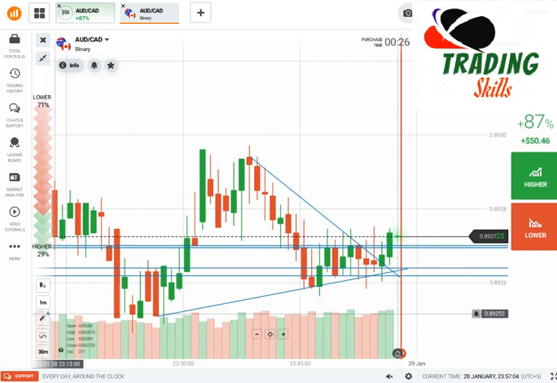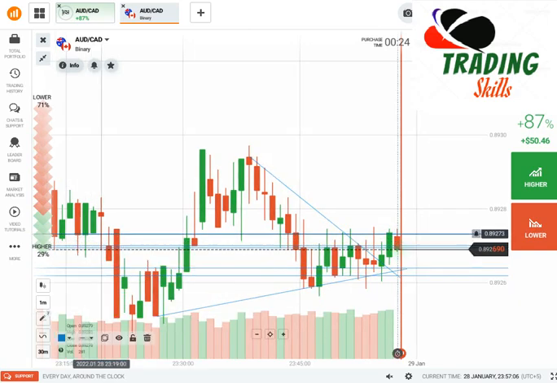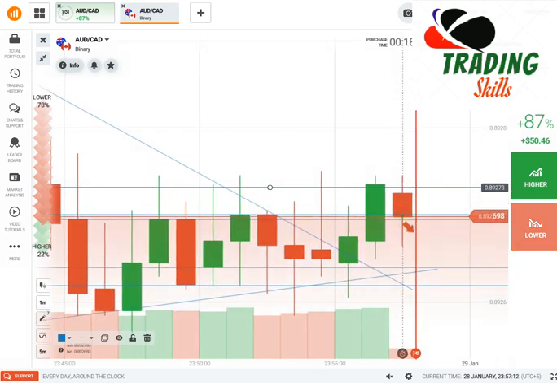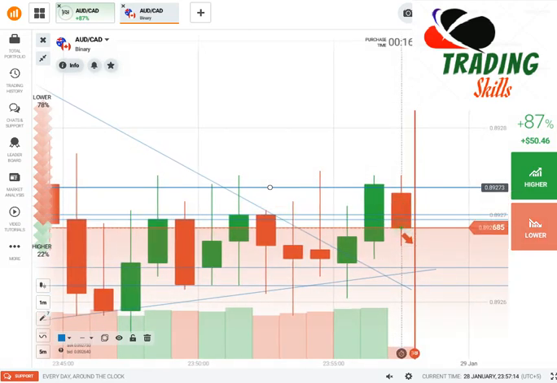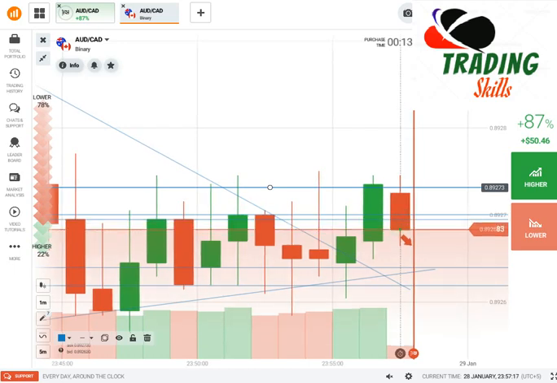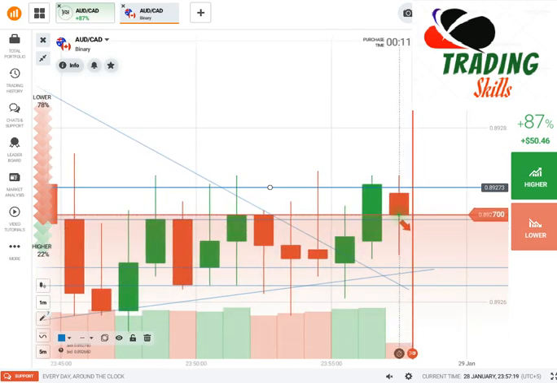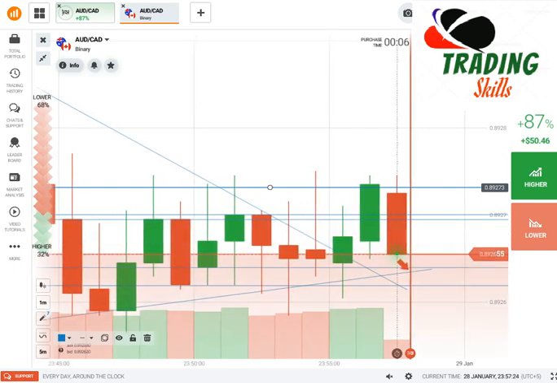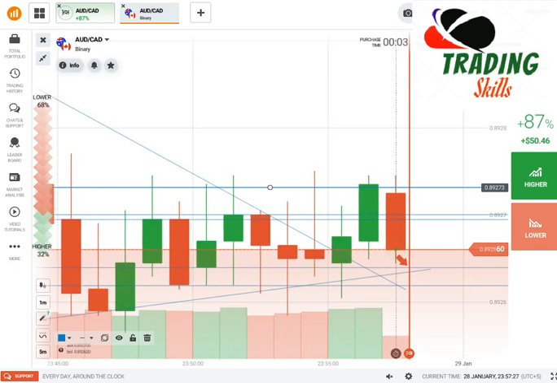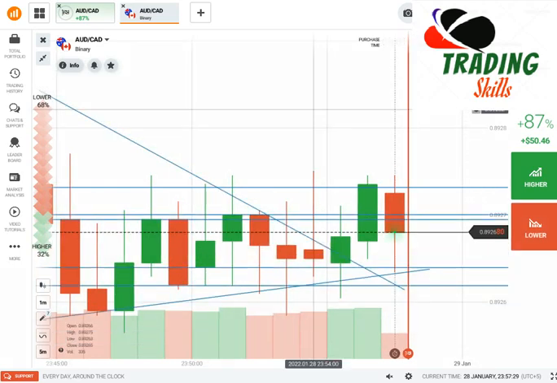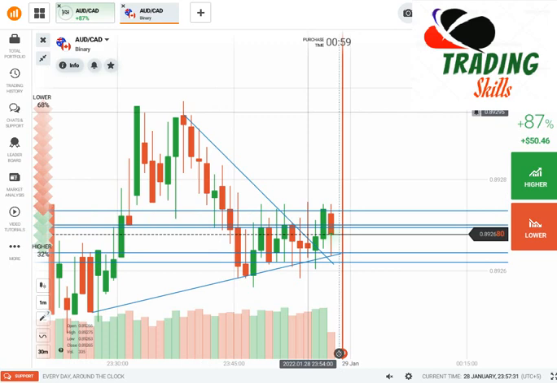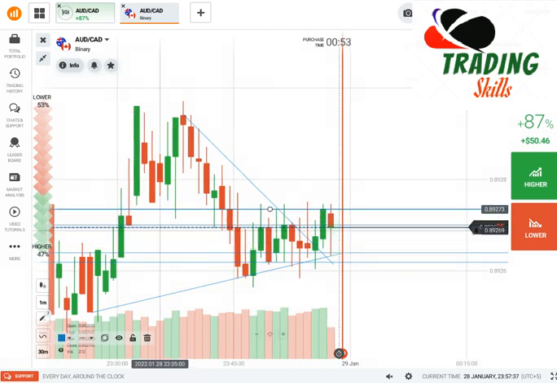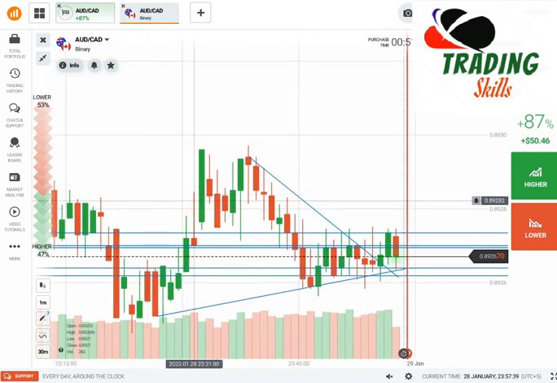Okay, so now you can see here the market closed here. Okay, if the market goes up, I will take my trade here in a down direction 100%. So I need a good situation to go with the sellers. And after this trade I will tell you why I took this trade, but I need a good clear shot, so I need to wait here. Okay, the market is trying to go down. Now you can see here, you can see this line, the market closed here. Now from this point what I am seeing here,